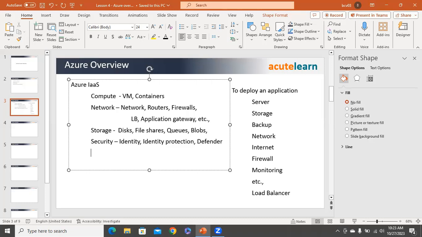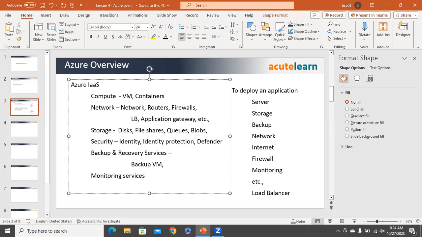Then it provides backup and recovery services. You can back up your virtual machines and your applications. Then you can store those backups monthly, yearly, and it allows you to store those backups for a couple of years based on your requirement. And at any given point of time, if there is some issue, you can restore it. It provides restore services. Then it provides monitoring